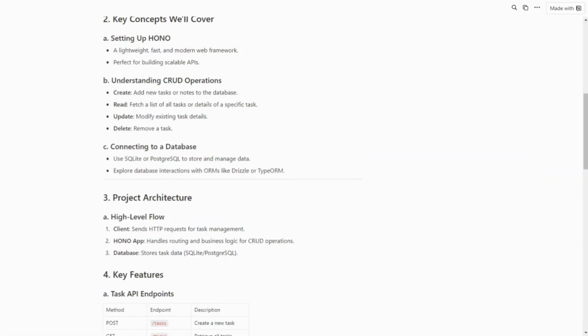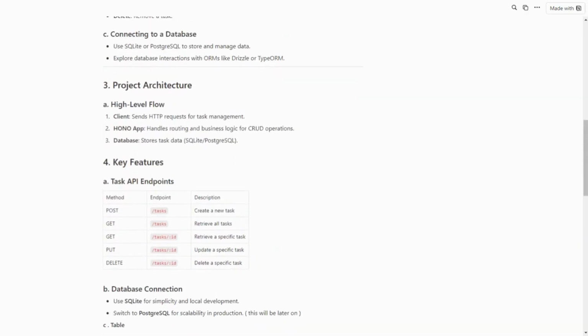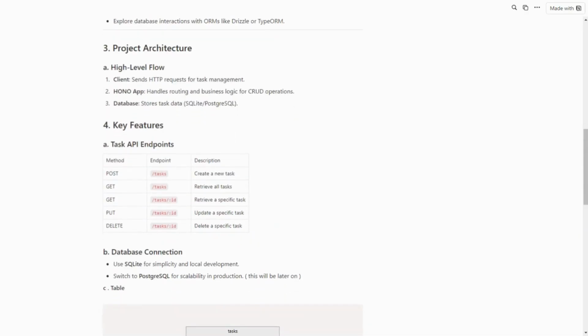Something that's quite exciting is we're going to be interacting with the database as well. So that's something I'm looking forward to. Very high level from a project architecture point of view, we have our Hono app, which would basically just be our business logic and our APIs, and then we have the client, which is just like our HTTP request. So like your Postman being able to make requests and see responses, that sort of thing, and then lastly, we have our database layer, which basically just is the database, all the data that we have. We're going to be using SQLite for now, and the goal would be to then move over to Postgres